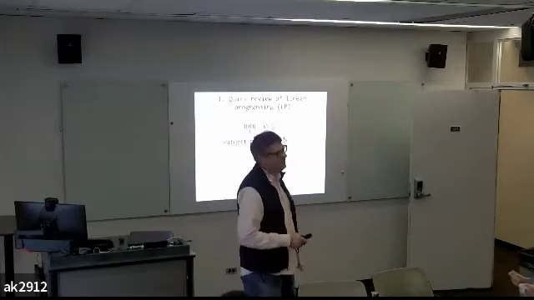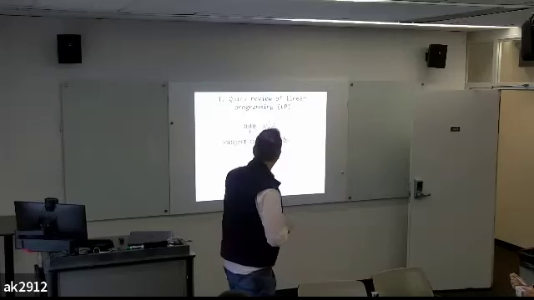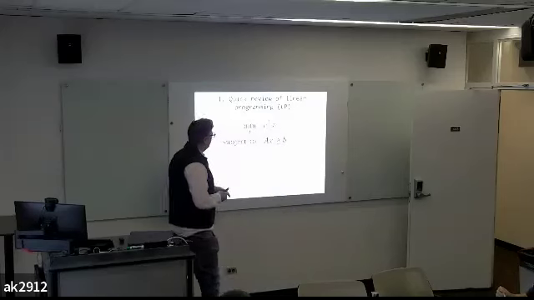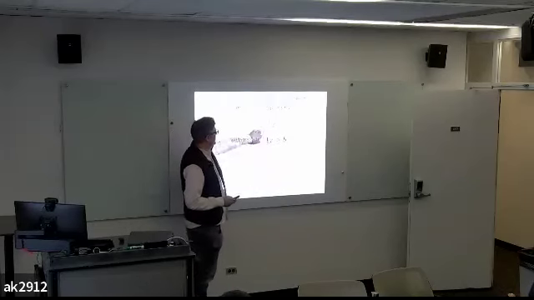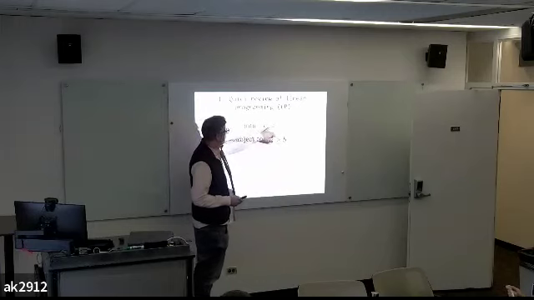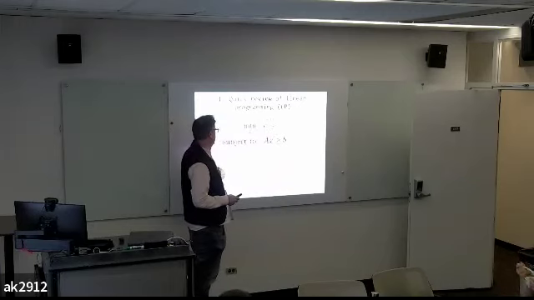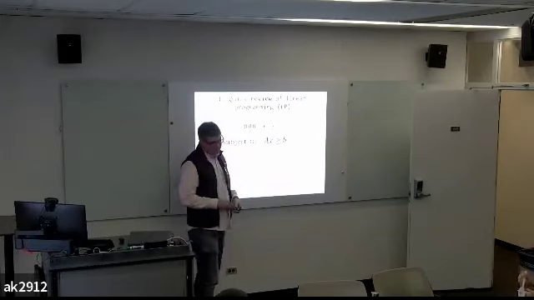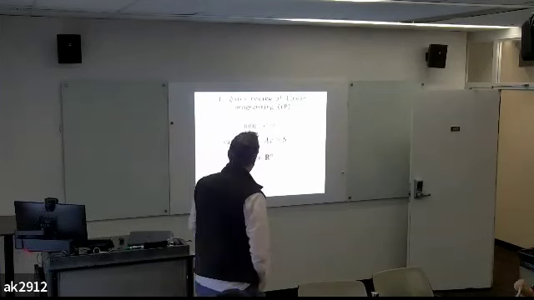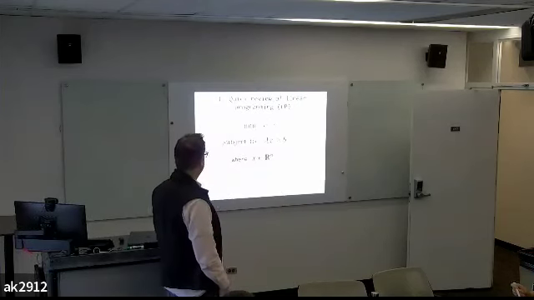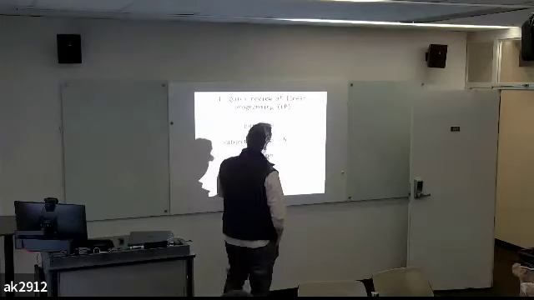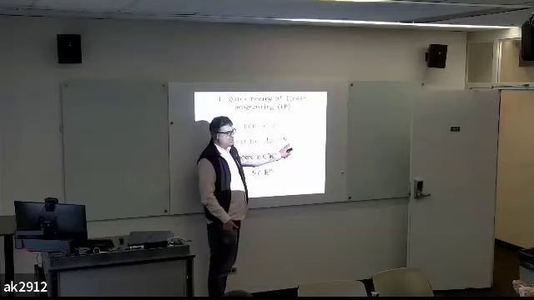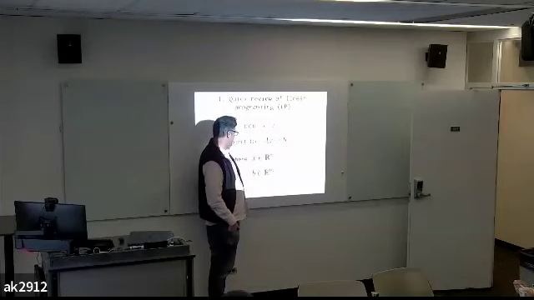For those who haven't, maybe you'll see it's a sort of a basic object. So this is the kind of problem that we're going to be looking at. Minimize a linear objective function. So this is c transpose x, this is the basic vector multiplication, the inner product in R^n, subject to Ax less than or equal to b. A is a matrix. x is a variable in R^n. b is what we often call the right-hand side, referring to the right-hand side of this inequality. And this is in R^m.